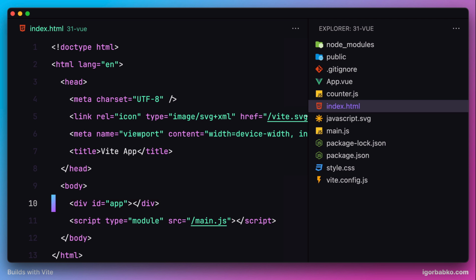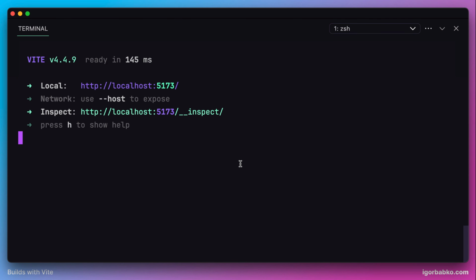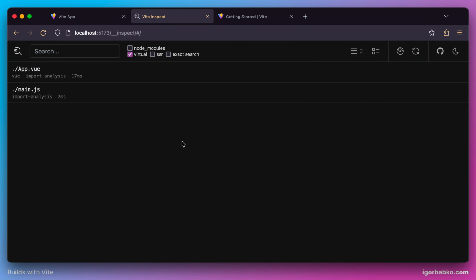So now in the browser, as we can see, we have a working counter, so our Vue application was properly initialized. And now let's take a look at the transformation which Vite has applied to our App component. I have additionally installed a plugin called vite-plugin-inspect in order to see what transformations Vite applies to our modules. So we can open up this URL in the browser, and in here we're going to see all those transformations